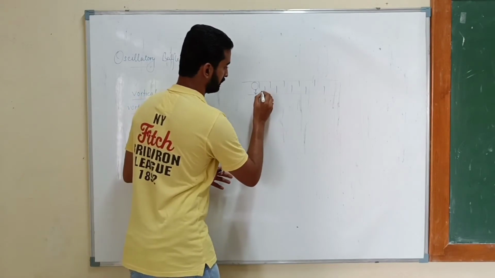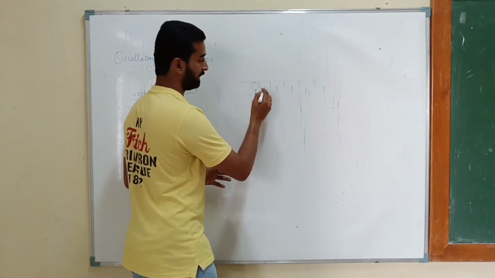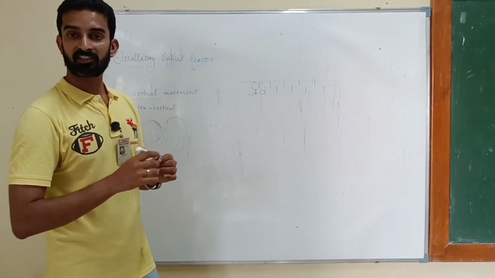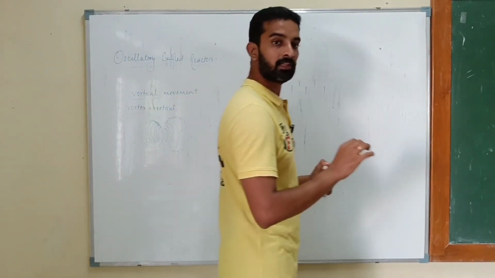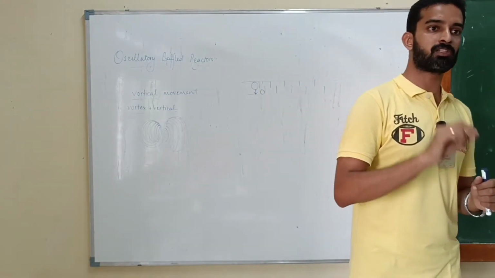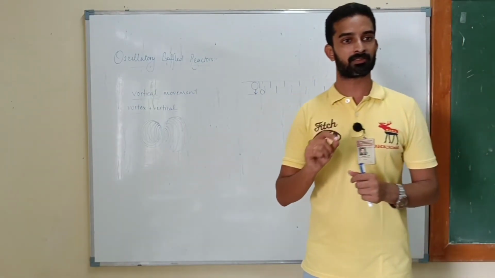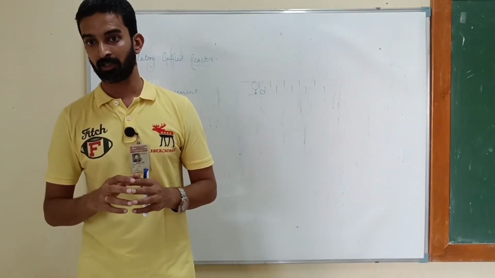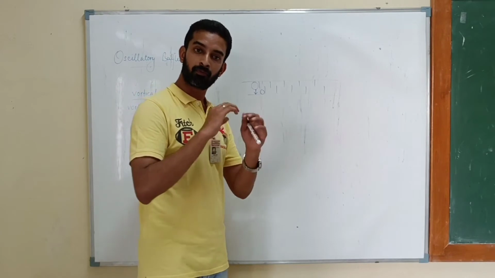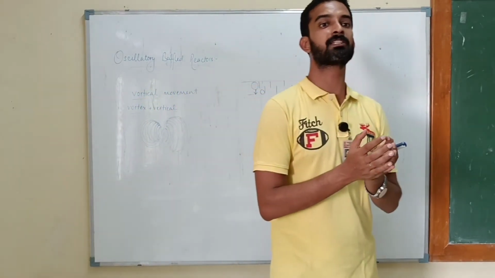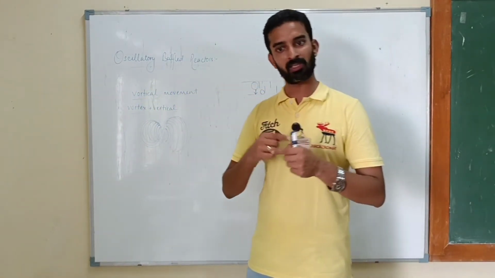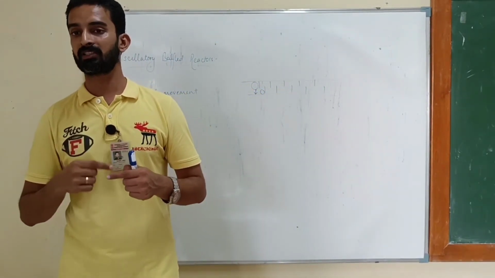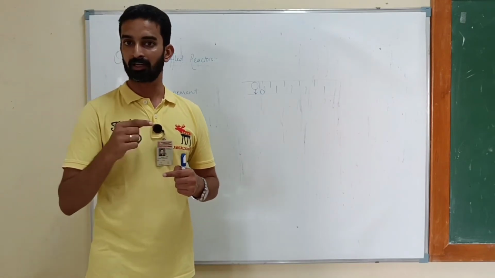Again, a new vortex will be created here, and then as it goes up, it will collide here and it will break. So the biggest advantage of this is that there will be continuous formation and breaking of vortexes. Now when a vortex is formed, mixing does not take place properly. And when the vortex breaks, very good or proper mixing takes place. So this continuous formation and destruction of vortex creates very good mixing, very much similar to a CSTR, continuous stirred